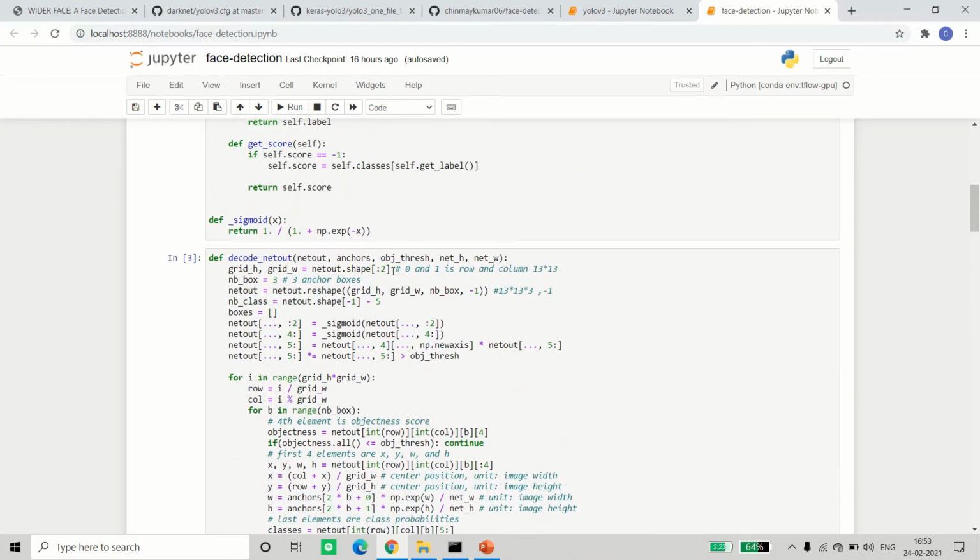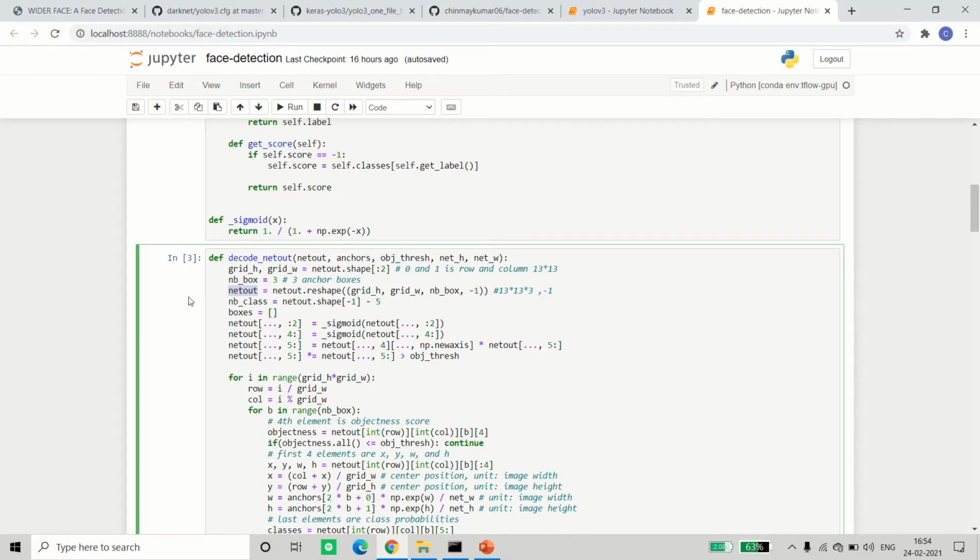So first of all, we're taking the first two elements, that will be 13 13 or 26 26, whatever. So the grid size, okay, as I told you, the grid size 13 cross 13, and then the number of boxes always 3, whether it's 13 cross 13 or 26 cross 26. Now we'll reshape it as 13 13 and 3 comma minus 1. So what will happen? It is 13 13 cross 18. So when you reshape it as 13 cross 3 and flatten it, this will be 13 cross 6, because we have to retain the shape. It's 13 cross 18, and when you flatten it like that, it will be 13 cross 3 cross 6.